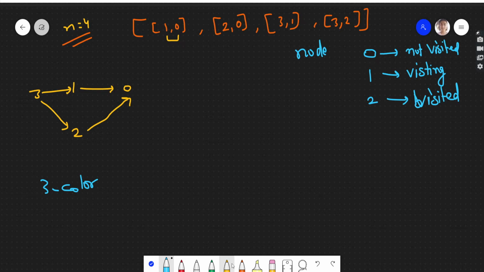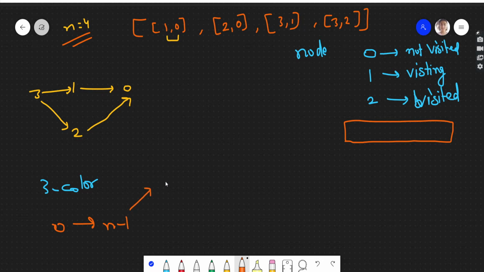Initially, we will take a color array where we will store the colors of all the nodes. N is given to us, which is 4. So the nodes are 0 to n minus 1, that means 0, 1, 2 and 3.